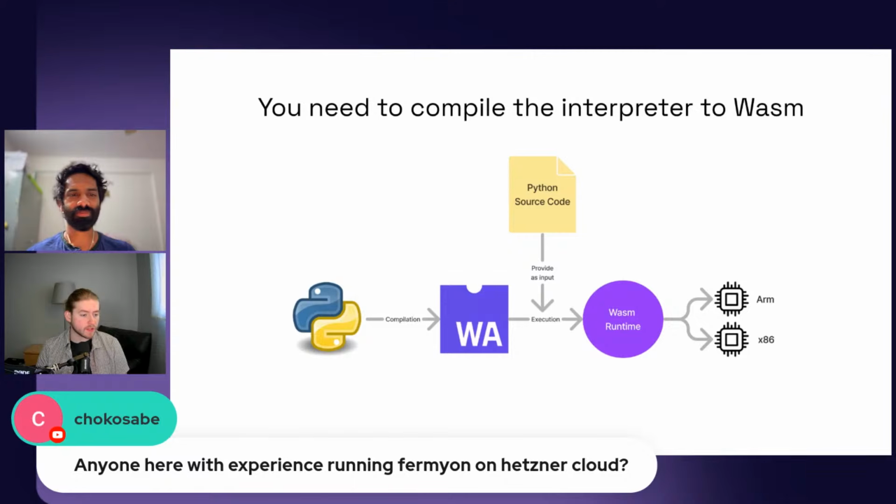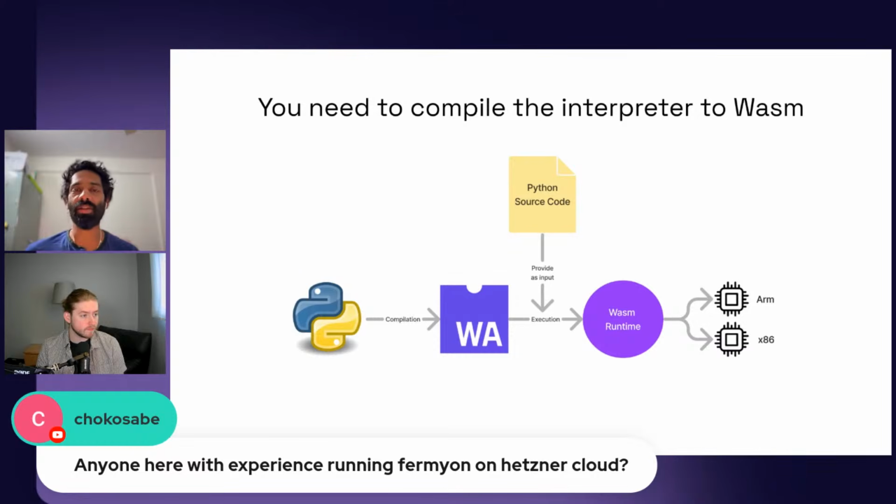Yeah, I haven't run it on Hetzner Cloud, but I mean, Platform's a great answer, and I know we're doing a lot of work now to make Spin run great on Kubernetes. So if you could run a Kubernetes cluster on there, get in our Discord, and we'd love to help you explore that, or even just run it directly with Platform or run Spin on there. Yeah, I think the Kubernetes approach is something I'd probably recommend at this time, Chokosabe. I'm sure there's enough Kubernetes support on Hetzner Cloud, and we are working on a way to get Spin running on any Kubernetes cluster. There are certain ways using K3d and runwasi and things like that that you can explore right now as well,